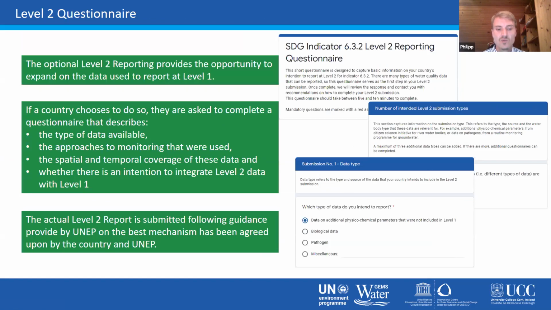The optional level 2 reporting provides countries the opportunity to extend the view on water quality at the national level and also at more detailed scales by including additional parameters or assessment methodologies that haven't been covered in the level 1 indicator. And we have sent you the link to the level 2 questionnaire, and you can communicate your intention whether you plan to submit a level 2 report through that questionnaire, and also include the type of data that you have available and the monitoring that you use to